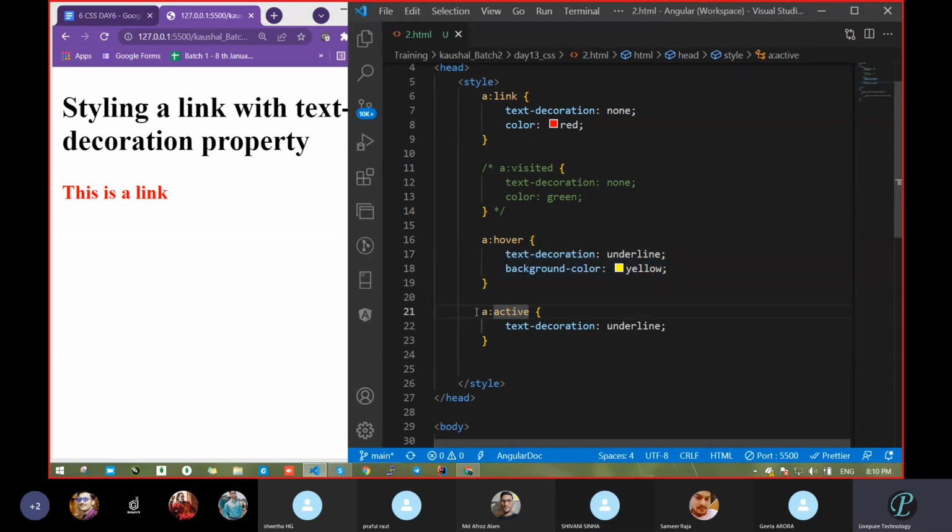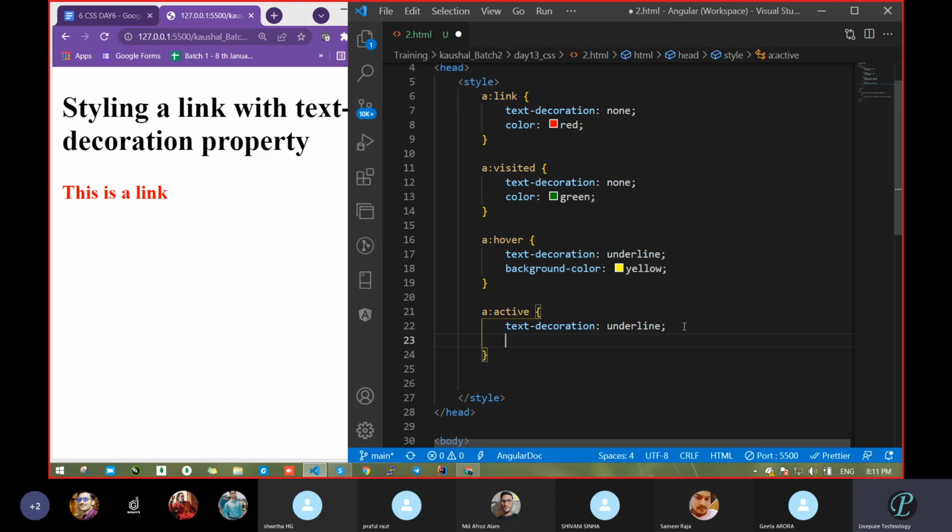So next is active. Now I will look at this property also, and both properties are of the same type. Okay, when will active work? The example I told in the morning: if I kick our scooty, and if I press the button for the self start, then for a few seconds the self start will trigger our engine. Okay, and after that the self start goes into shutdown mode, it is not going to do anything. But due to the self start trigger, the engine will activate. So here it will do the same thing. It will activate our link.